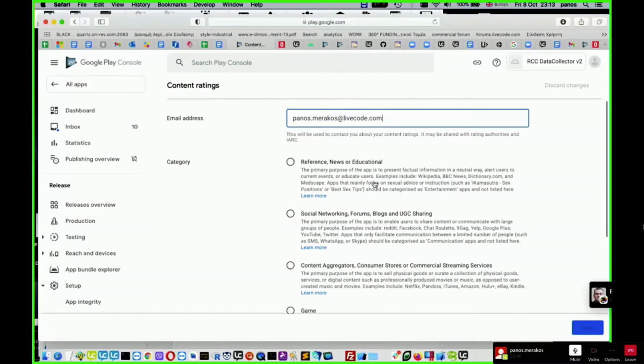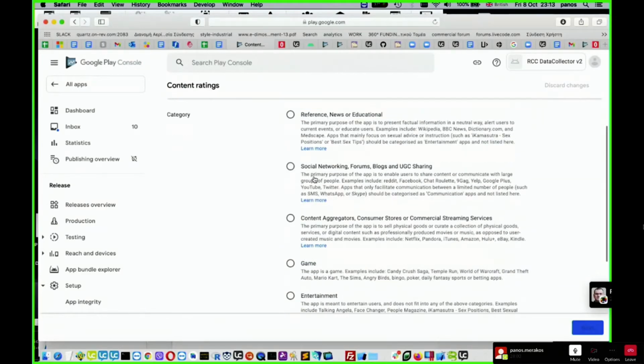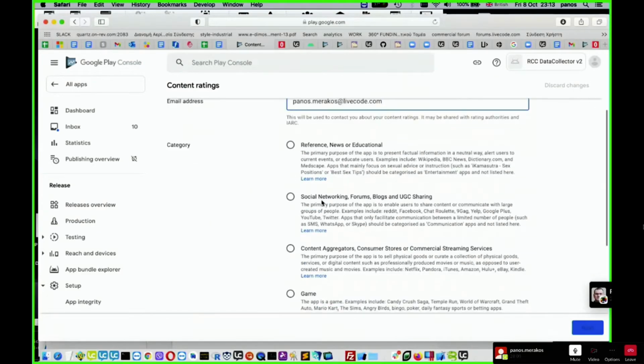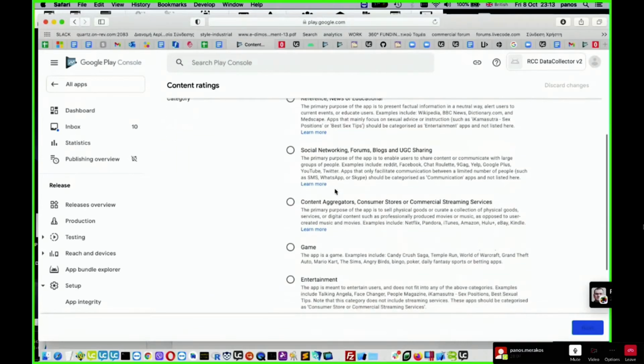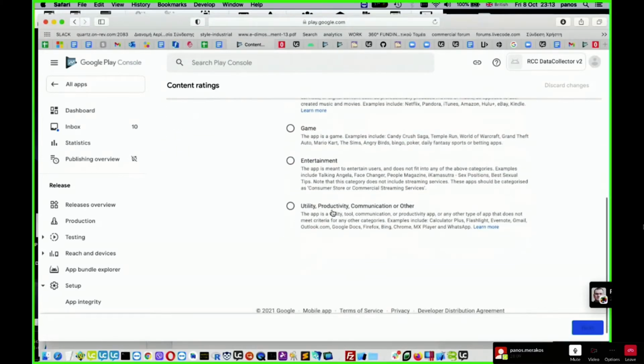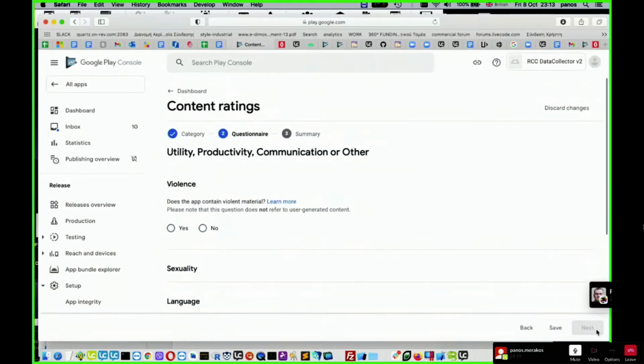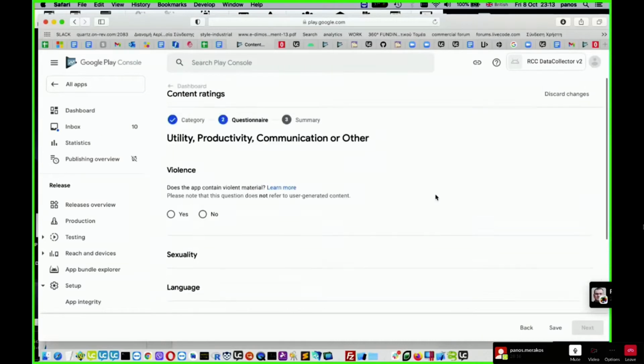Category. You can choose the category of your app. Our app is probably a productivity app. And as I said, don't worry if you're unsure about something, you can always change it later.